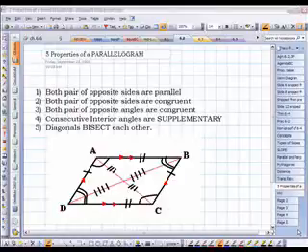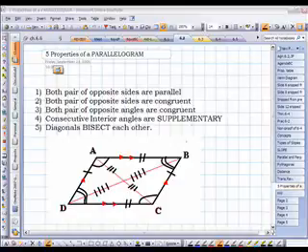This lecture takes a deeper look at the properties of a parallelogram and using those properties to solve algebraic problems. So first of all, here are 5 major properties of a parallelogram. Both pairs of opposite sides are parallel, and we can see that here,